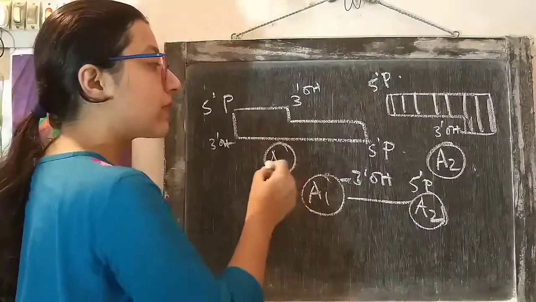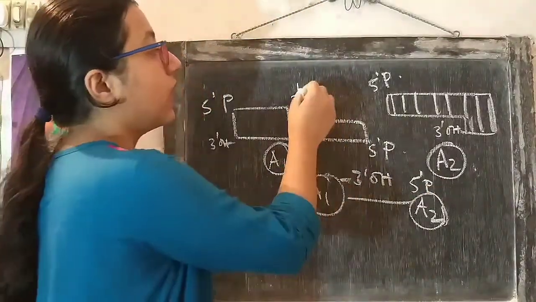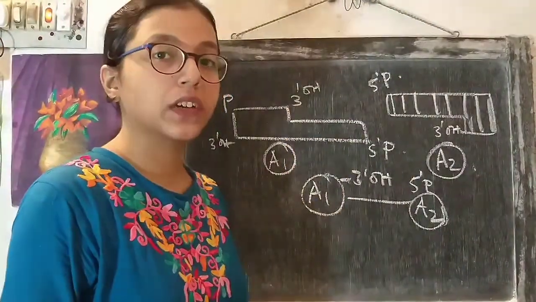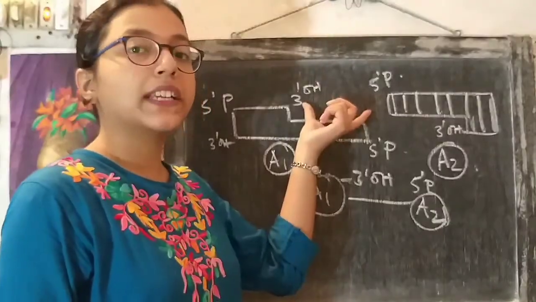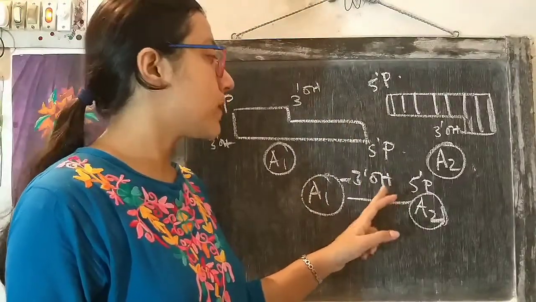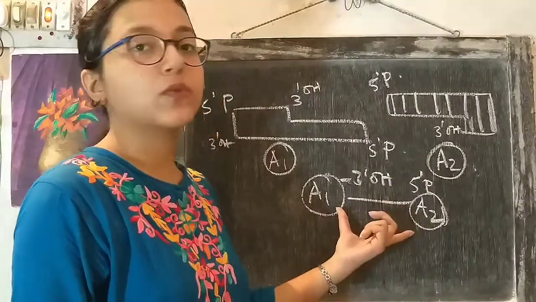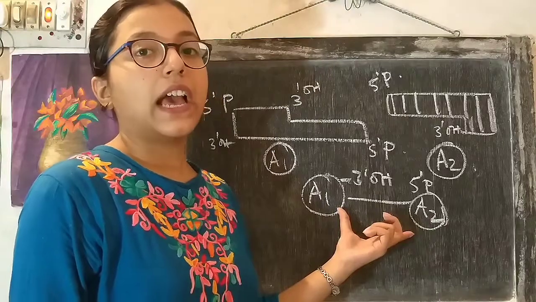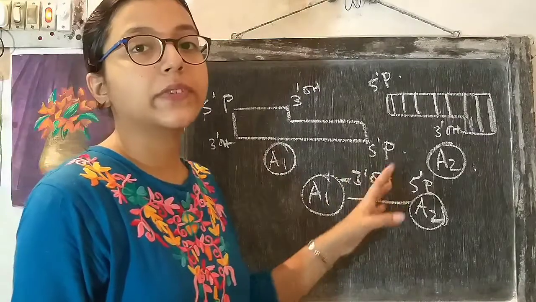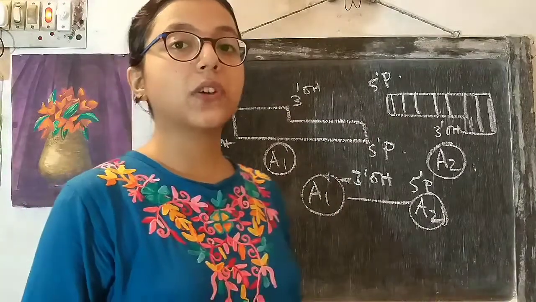These two adapters, adapter 1 and adapter 2, which are complementary with each other, can only join if the 3' OH group forms a phosphodiester bond with the 5' phosphate group. This reaction is carried out by DNA ligase. We all know the function of DNA ligase. So when DNA ligase forms a phosphodiester bond between a 3' OH group and a 5' phosphate group, only then can these two adapter molecules join and adapter dimers form. So if we block the formation of the phosphodiester bond between these two adapters, then self-ligation of adapters can be blocked.